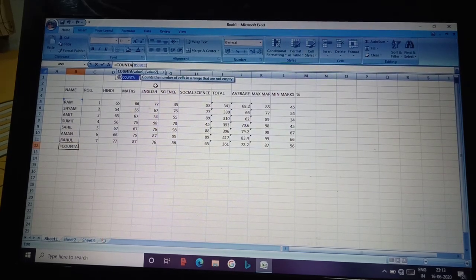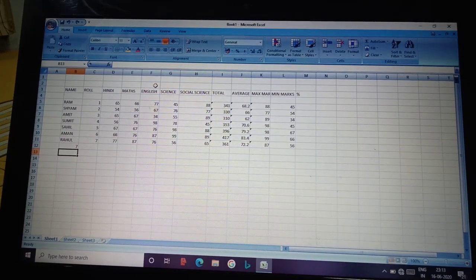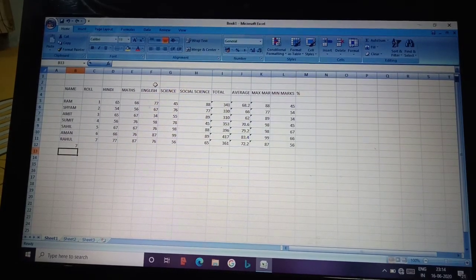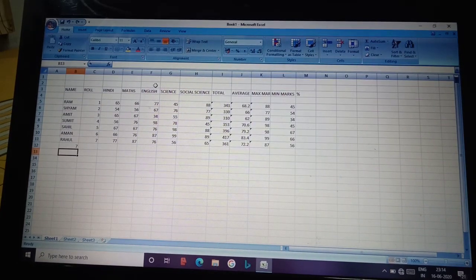Now we get the total: 7 students are there. Count is a function which counts numerical values, and CountA is a function which counts strings, text values, it will count names. So always we have to use that.